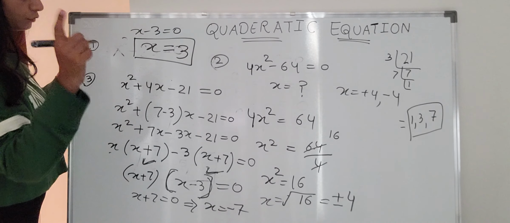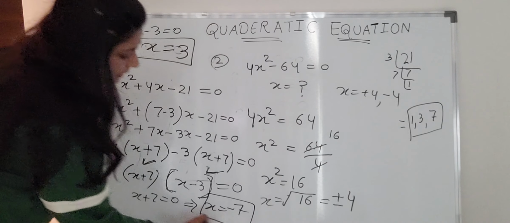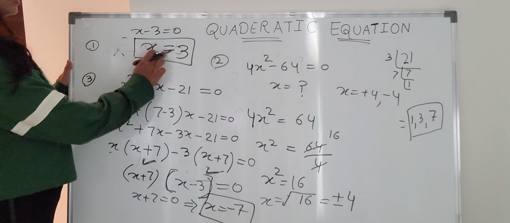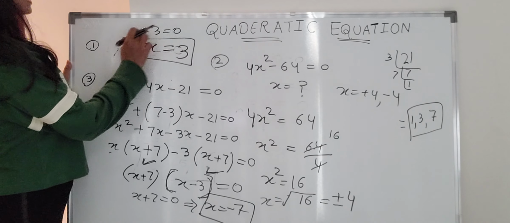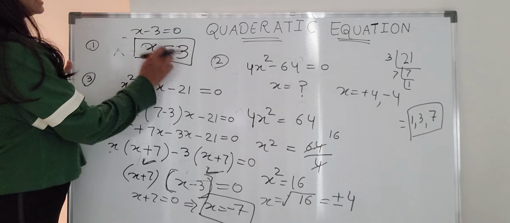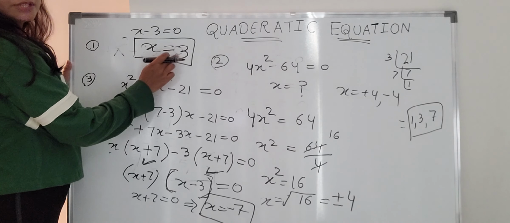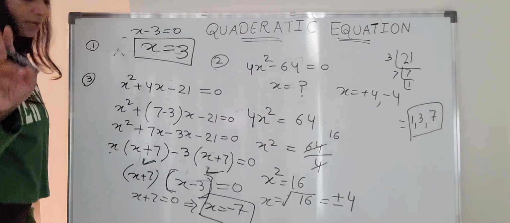So we have two values: x equals minus 7 and x equals plus 3. This minus 3 we shift to the right hand side, and the minus sign converts to the positive sign. So we got two values of x. The first one